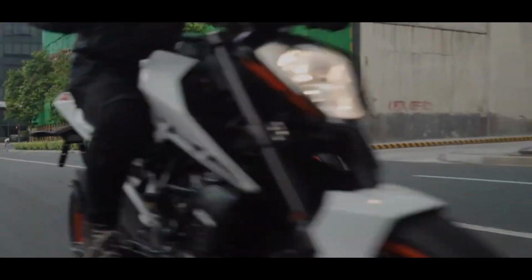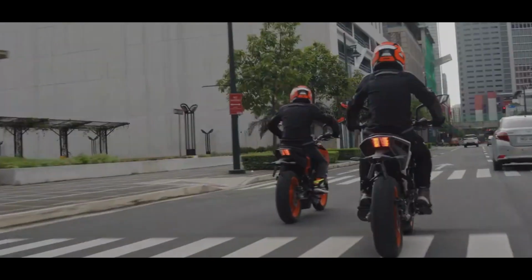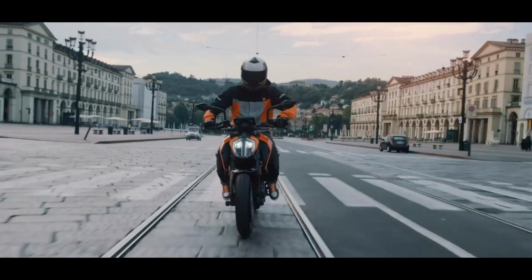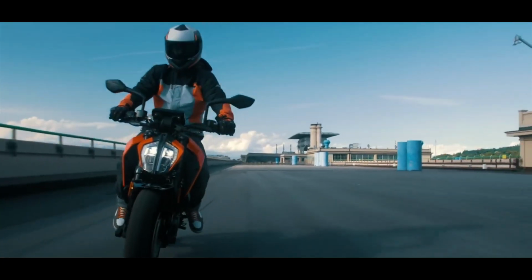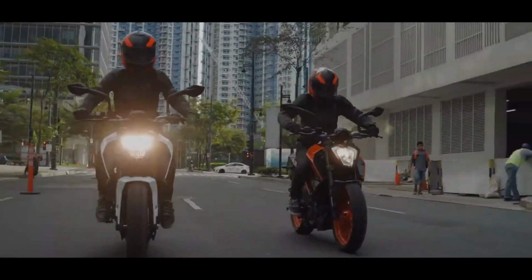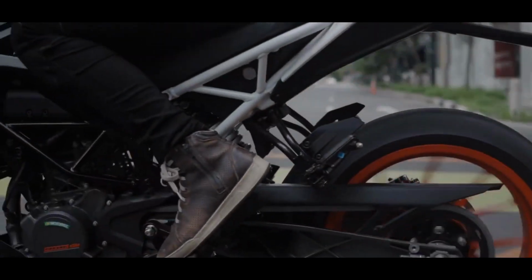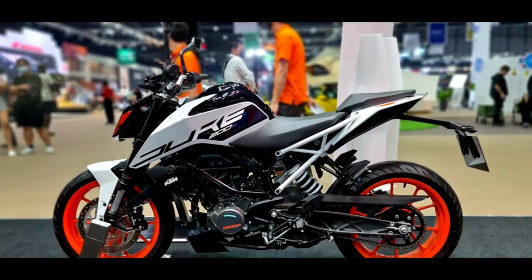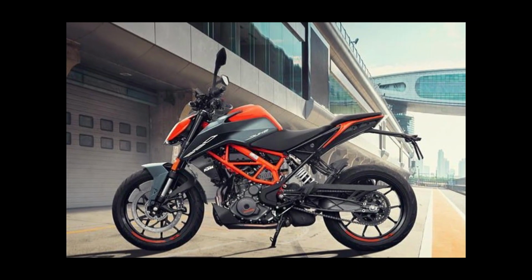The 200cc, single-cylinder, liquid-cooled motor will continue to power the 200 Duke. Its output is rated at 24.67 bhp power and 19.3 Nm of peak torque. And the engine is linked to a 6-speed gearbox. It comes nestled in the same trellis frame as well. Moreover, the USD front forks and rear monoshock, alongside the front and rear disc brake with ABS, remain